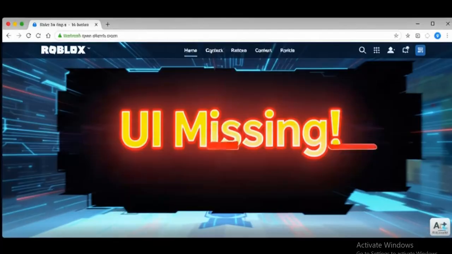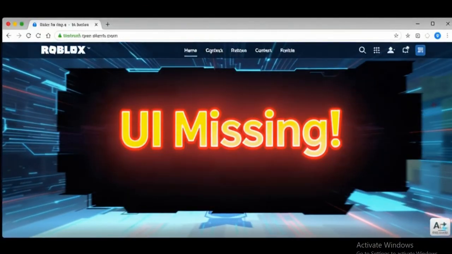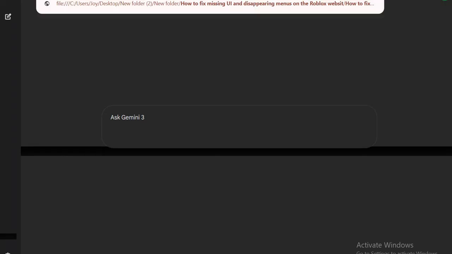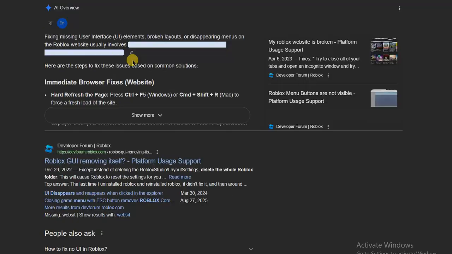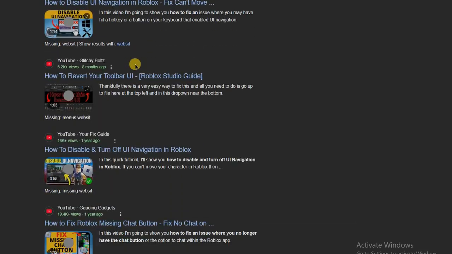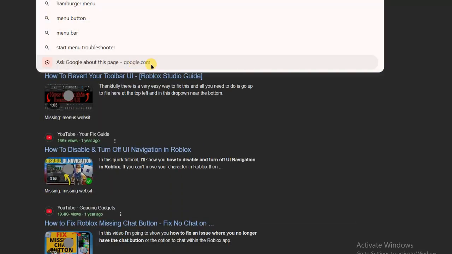this is actually a browser-side rendering error caused by the 2026 site architecture. Before we enter the settings, you need to understand the logic of why the sidebar and top bar vanish, or you'll just get stuck with a blank screen again on your next login. We're going to do this hand in hand, step by step, so you cannot fail to get your interface back